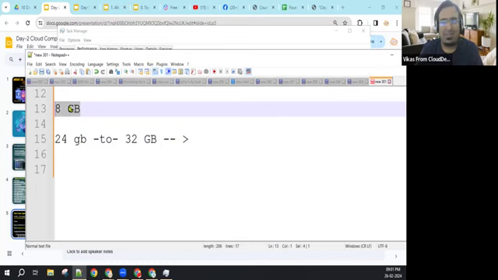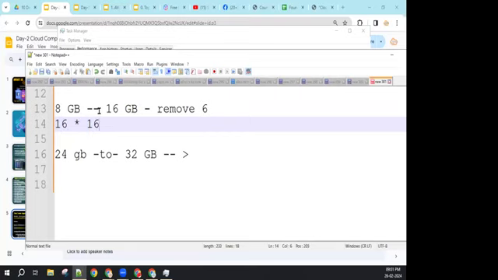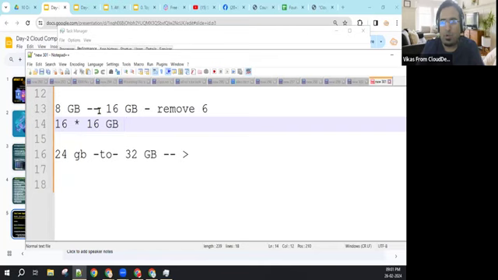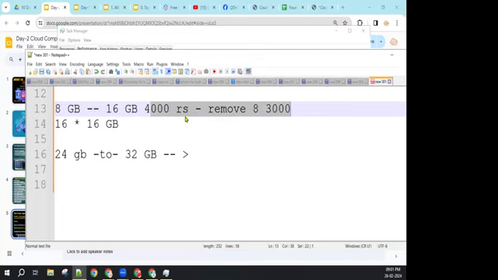Correct? If 8 GB is not suitable for you, purchase the 16 GB. Okay, remove the 8 GB and put that 16 GB in. Correct? Yes or no? Yes. Okay, this is the solution. Now the problem is I have to purchase a 16 GB again. I have to pay around 4,000 rupees for this, right? And I will remove the 8 GB RAM, which cost me around 3,000 rupees, so that is my waste. So to achieve 8 GB more RAM, I have to invest 7,000 rupees. Correct? Yes or no? Yes.